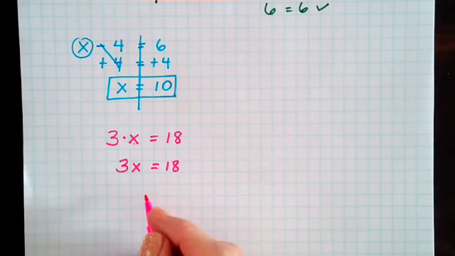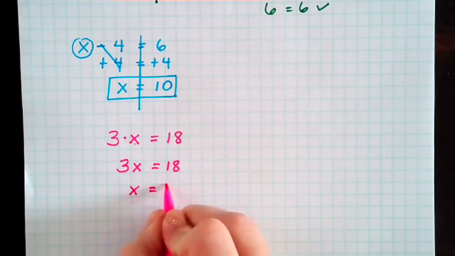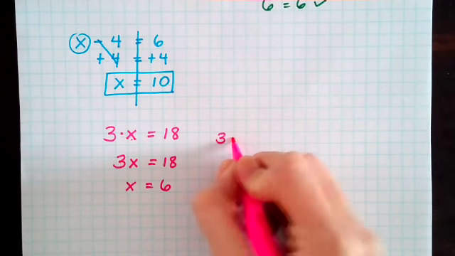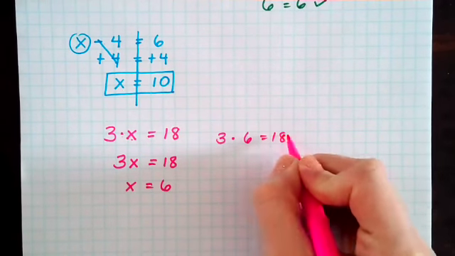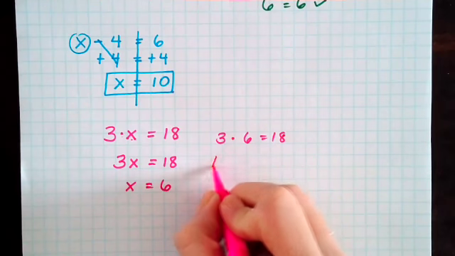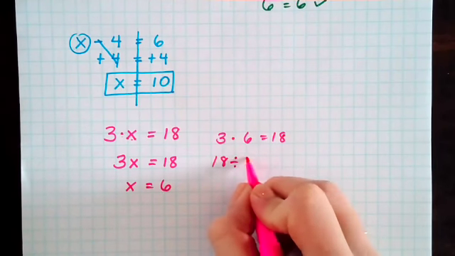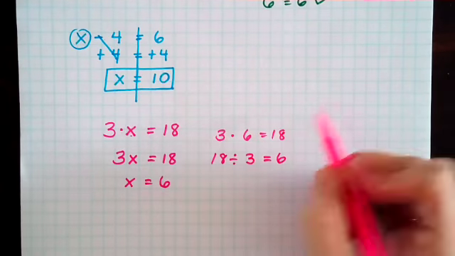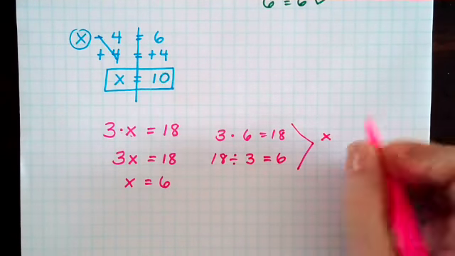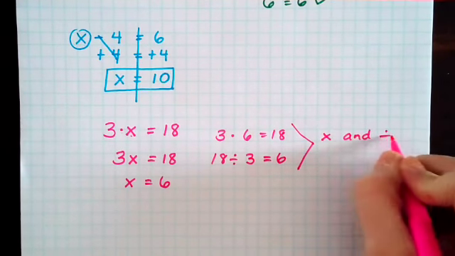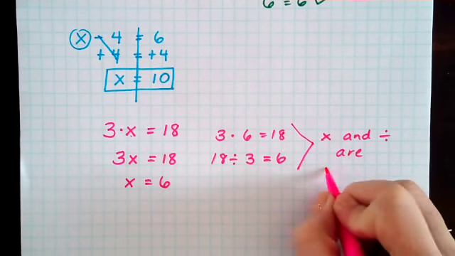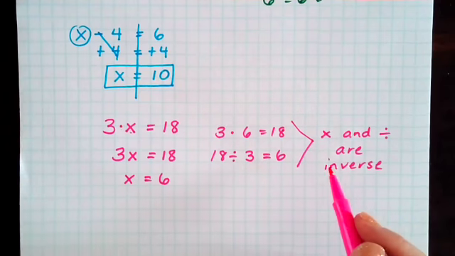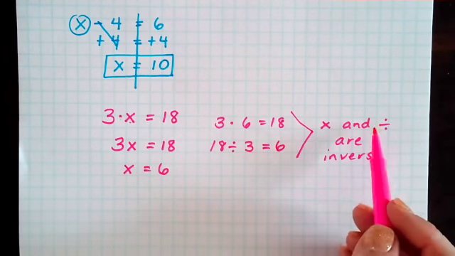Now, you might tell me, well, I already know the answer is 6. And you might say that because 3 times 6 equals 18. Or you might tell me 18 divided by 3 equals 6. As you can see in this example, multiplication and division are inverse. Just like we saw before in the first example, that addition and subtraction are inverse operations, multiplication and division are